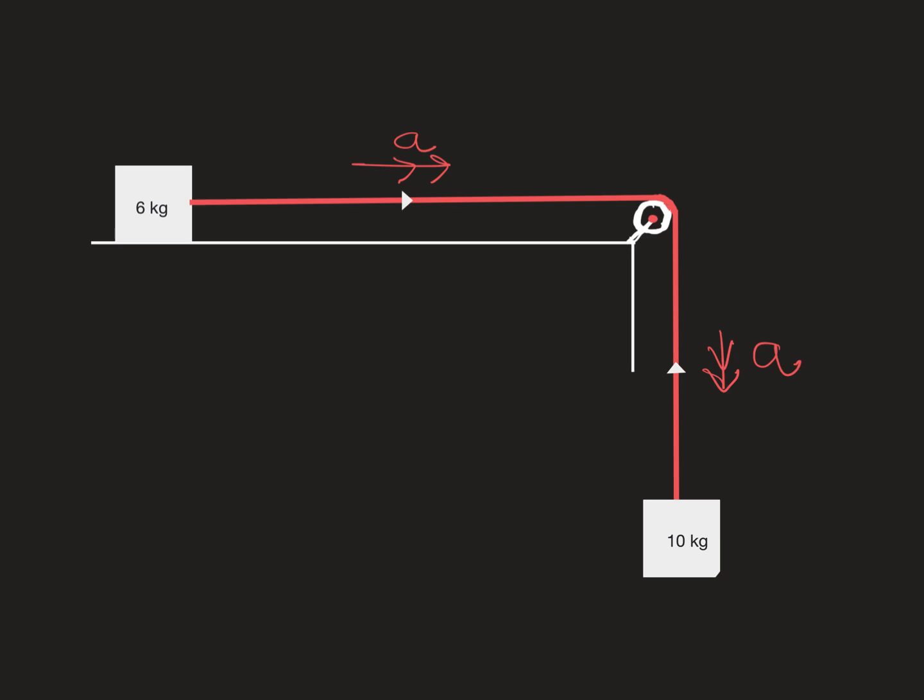The force that exists in the string is called the tension. Let's label that. We have already said that when this system is released from rest, the 10 kilogram mass is going to accelerate downwards and the 6 kilogram mass is going to accelerate along the table. Regardless of the mass, a system like this will cause the object that is hanging freely to accelerate downwards, while the object that is resting on the table accelerates towards the pulley. So, solving the question,